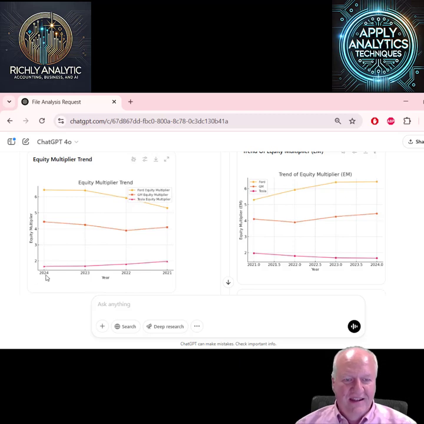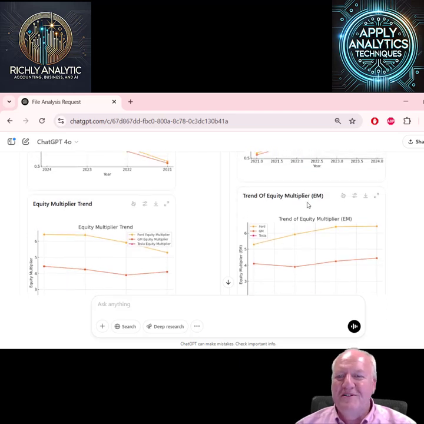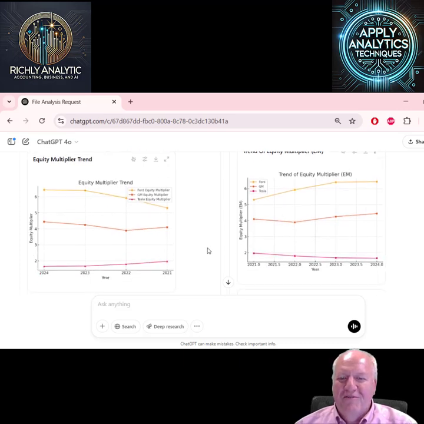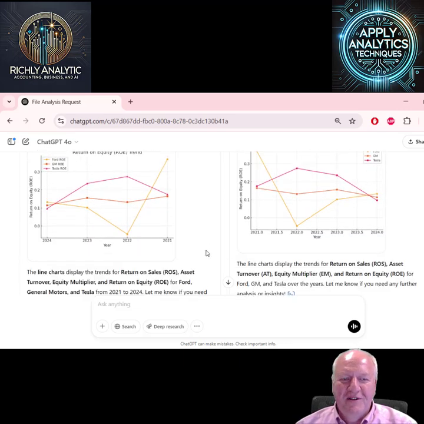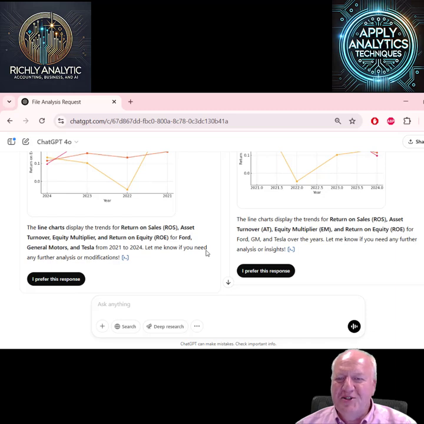But then even seeing this, if you were to provide this to an investor, the standard is to go left to right, meaning years as it continues over time. Now, at least they've called these two different things, but if you weren't familiar with that, that would be an issue. And so you can kind of see what these line charts look like.